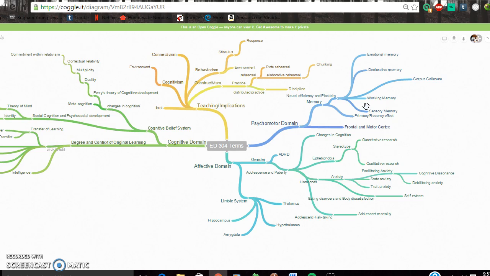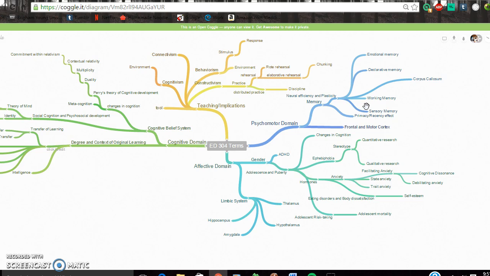So I'll start with the big ideas that I had. First of all, I went and divided up all these terms into each of the domains that we covered. First of which is the psychomotor domain, which is physical movement, things to do with the way that our body works physically. After that, we have the affective domain, which is just emotions and experiences,